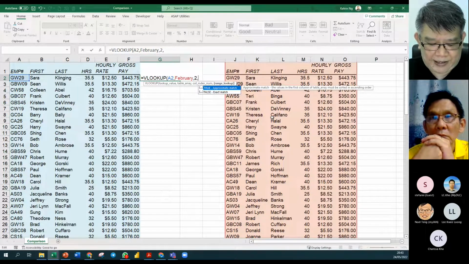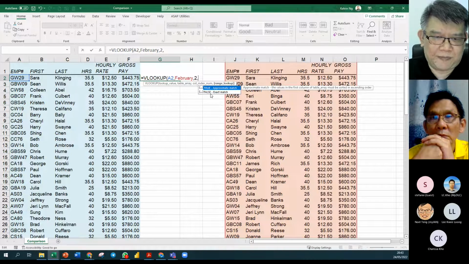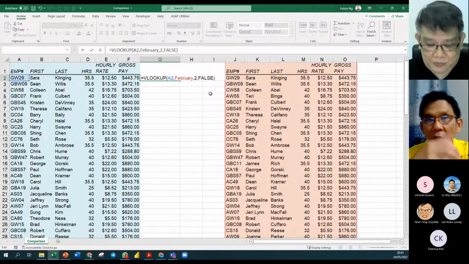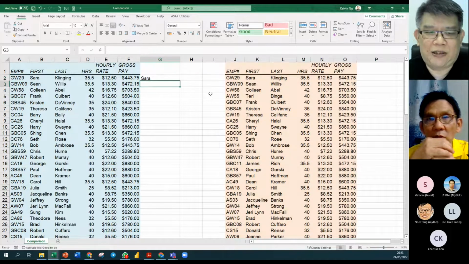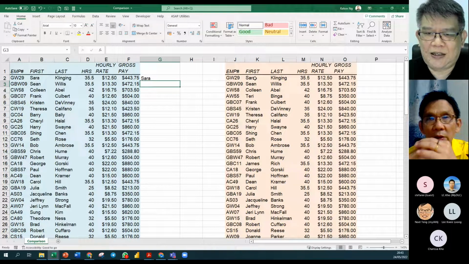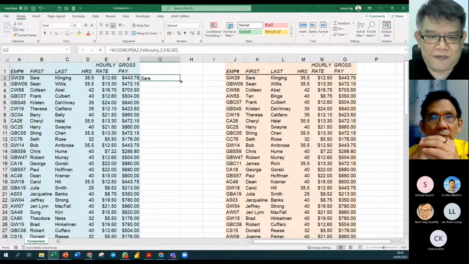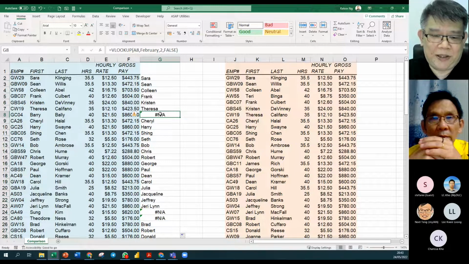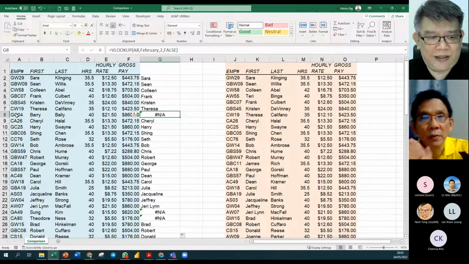Then I want it to find the exact match, so I'm going to use false. If you still remember what we learned last week, then you will get the answer as Sarah. So GW29, the name is Sarah. If I copy this formula down, I will get all the NA appear. Why? Because they cannot find